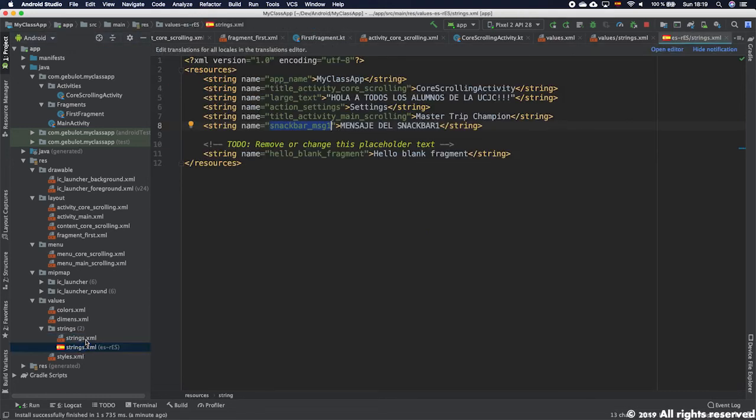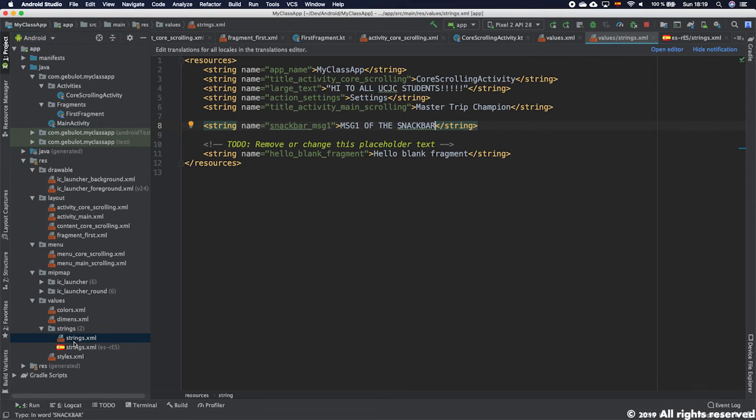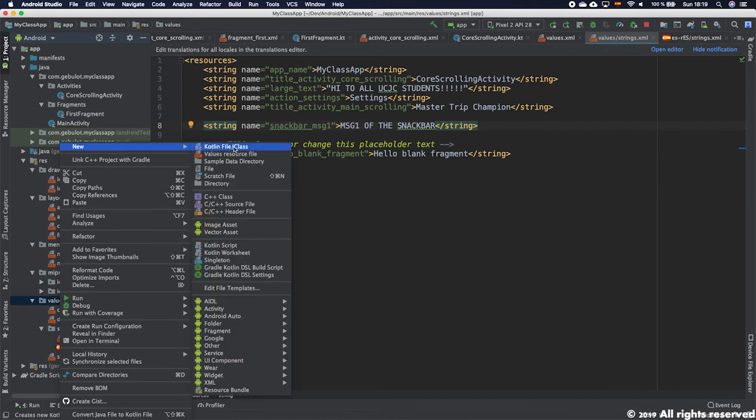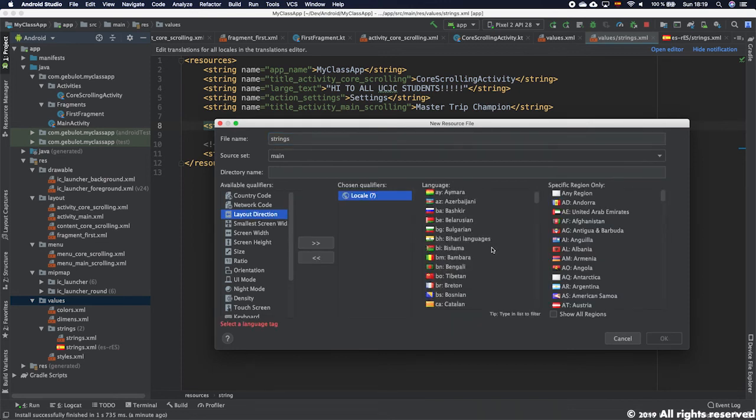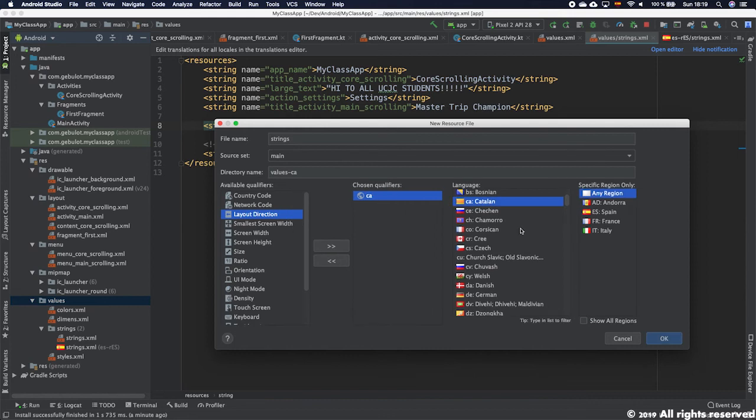Okay, it's very important that if you do this, you have to also always create, in the values, the value source file. We always put the same name as the files we have, the strings. Okay, remember the same name. And the locale, when you choose, for example, let's choose Catalan from Spain,